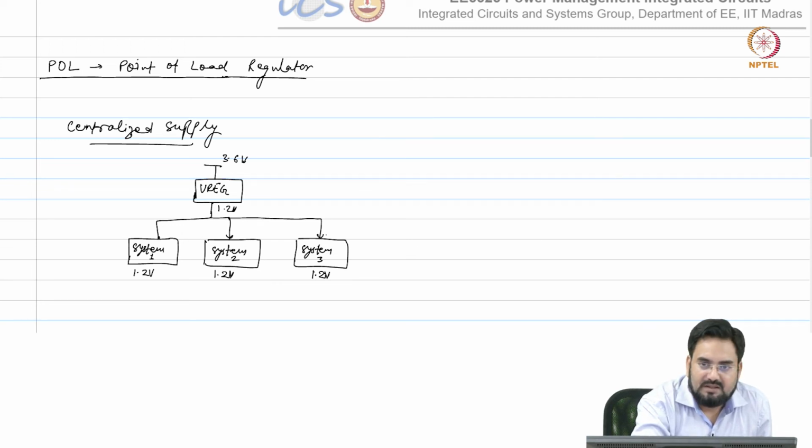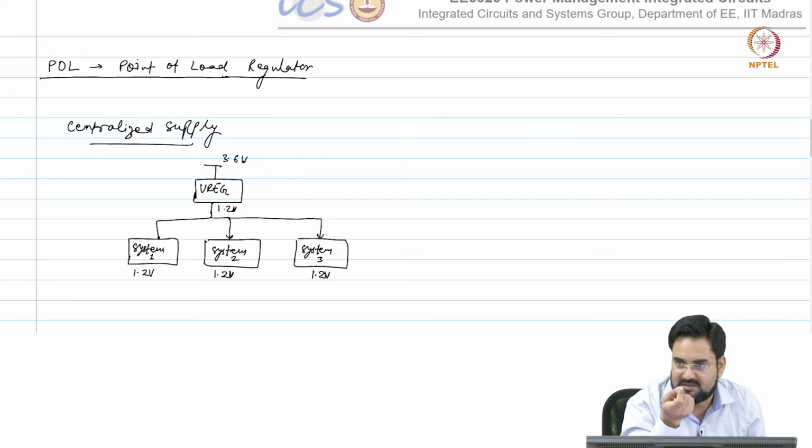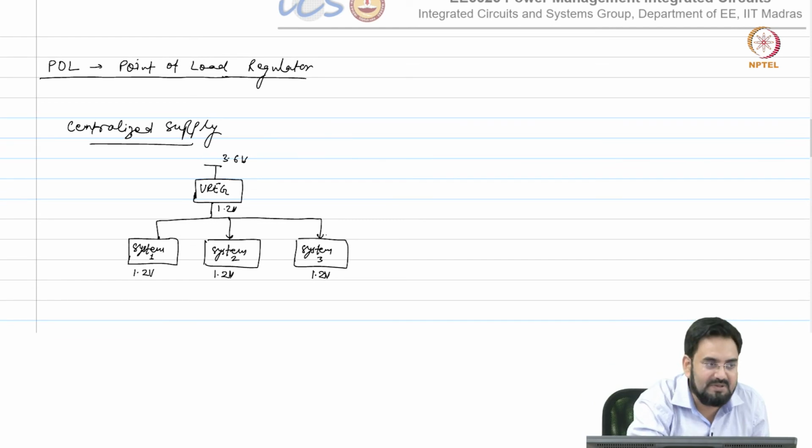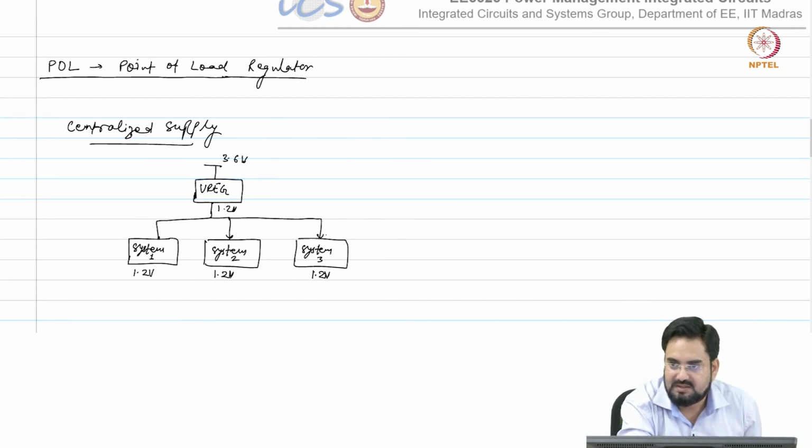In the best case you can have the remote feedback from the point which has the maximum resistance. So, the others will always be higher, they won't drop, but there might be some reliability concern. They may be regulated at a higher voltage. So, higher is also a problem, not just a lower voltage. Okay. So, by taking the remote feedback, you can regulate only one point, not all the 3 points.